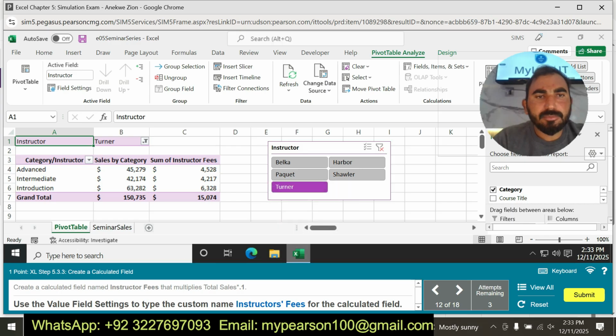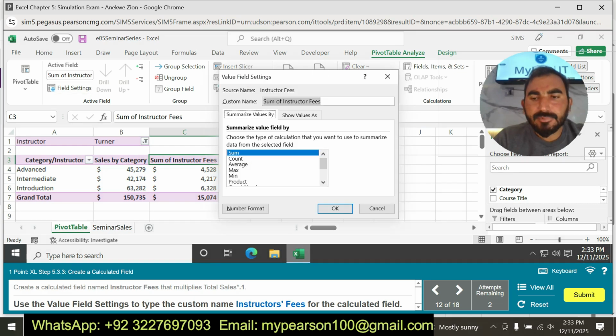Use the value field settings to type the custom name, instructor fees.